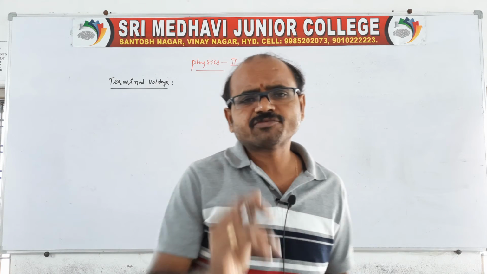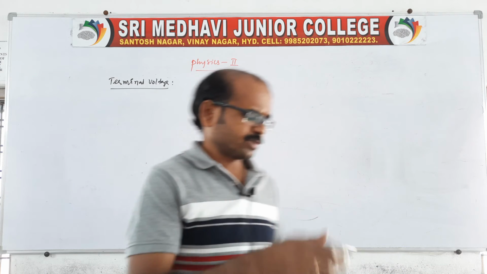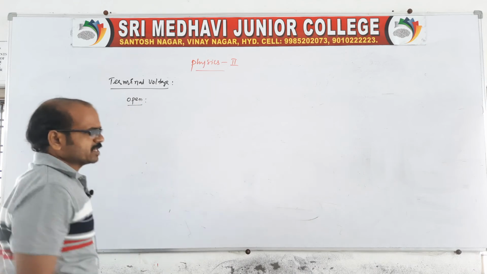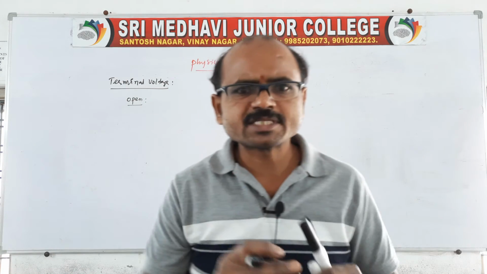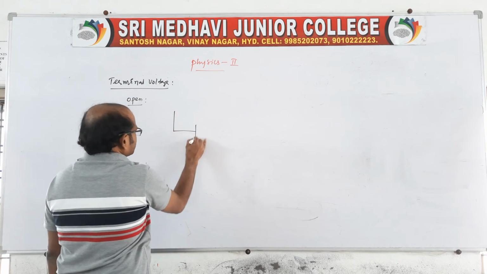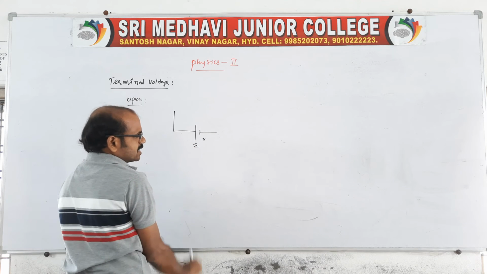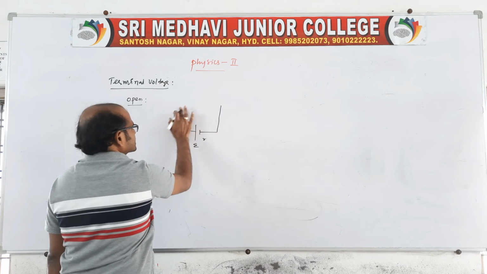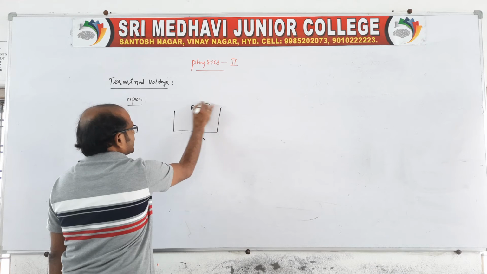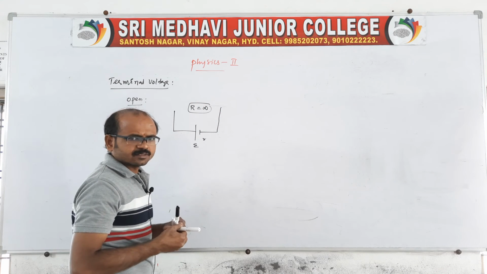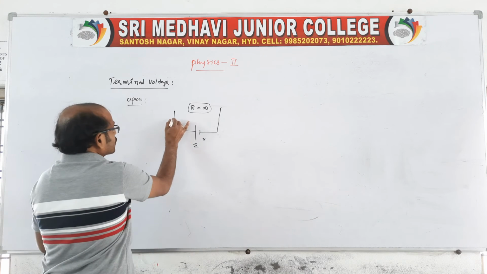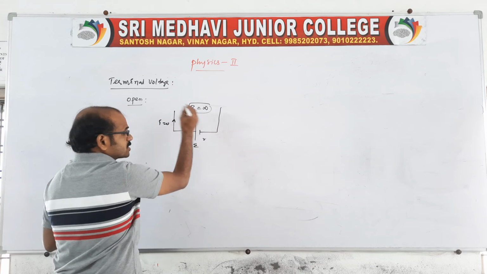In this we again have two cases. The first one is open circuit. Sir, what is meant by open? Does it mean the circuit is open? No. Open circuit in the sense that there is a battery of EMF E along with its internal resistance, and an external resistance is connected to the terminals. That external resistance is infinite. If it is infinite, is there any current flow through the circuit? No. If there is no current flow, we can say the current through the resistor is 0, because the resistance is infinite.